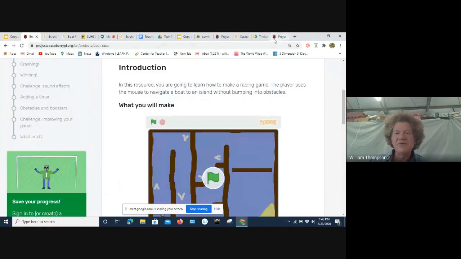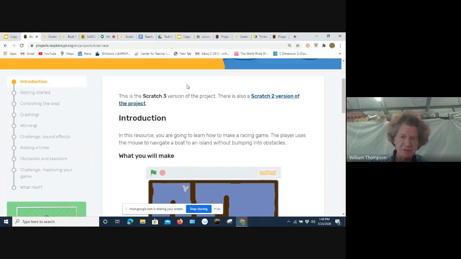And even though you've probably gone to the Scratch website on your own, I'm going to have you still go to the Raspberry Pi website and go to the boat activity, because when we go to the Scratch website through the activity, we can click on the version of the project, and that'll put us into the boat activity. But we still want you to have an account, because that way you can save the work you do.